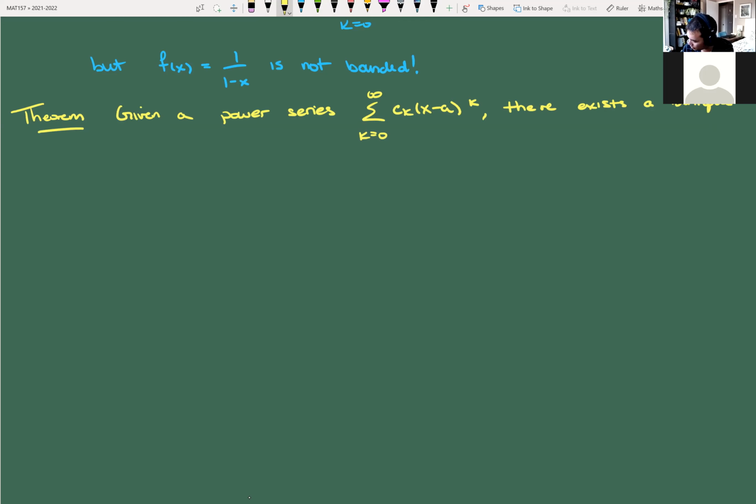So there exists a unique number R satisfying this. And this is a little blasphemous, because I'm saying that R can be equal to infinity, so I shouldn't say R is a real number. But there is a unique number R, potentially equal to infinity, between 0 and infinity, such that